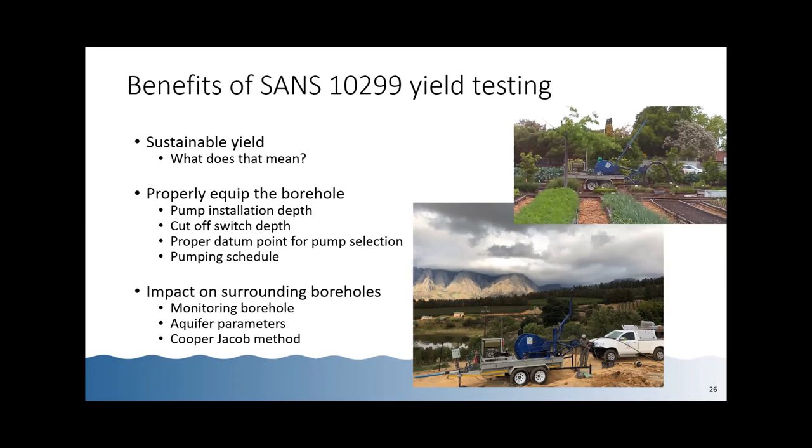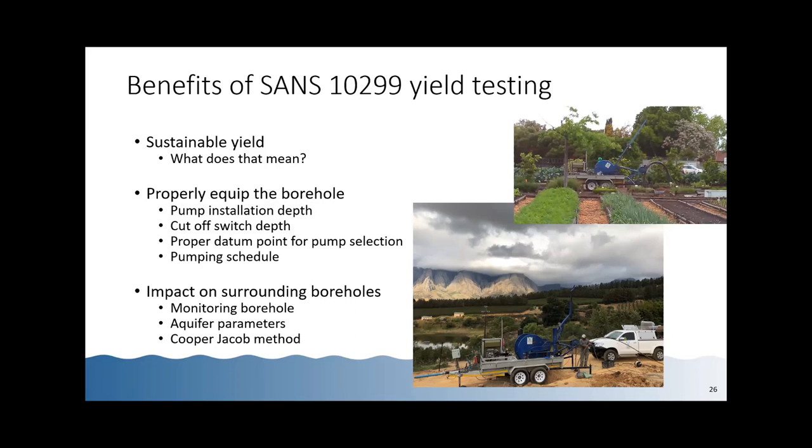We define a point that we don't want to draw the water level below, and work out how we can abstract the borehole in a way that we won't exceed that drawdown point. We can also then look at how the borehole should be correctly equipped. So it's not enough to say, okay, the drilling's finished, we'll just throw in a pump that's approximately the same as the airlift yield. This is quite an issue in South Africa: the driller finishes drilling the borehole,